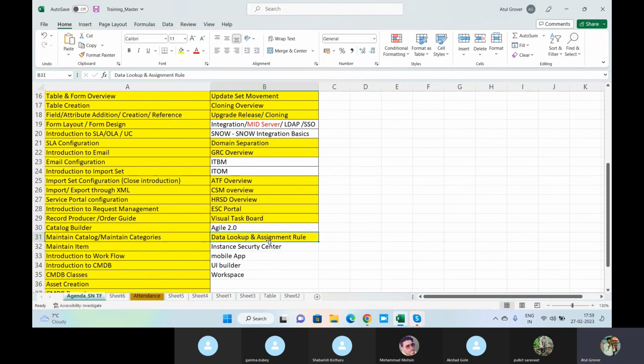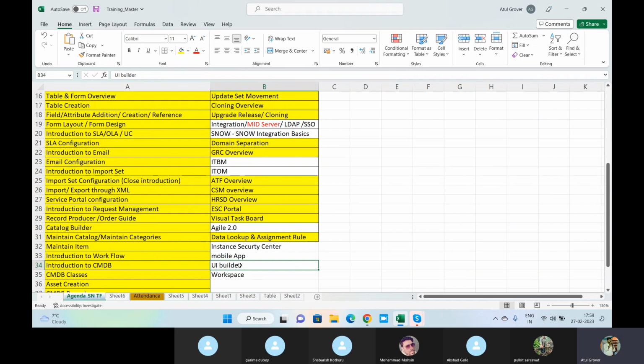These are the topics which I can say. So now the major topics we have left are the mobile app, for which I showed a complete demo. We will download the mobile app and we'll do the demo. Okay. Let's discuss the UI builder. Even though this is a very advanced concept,